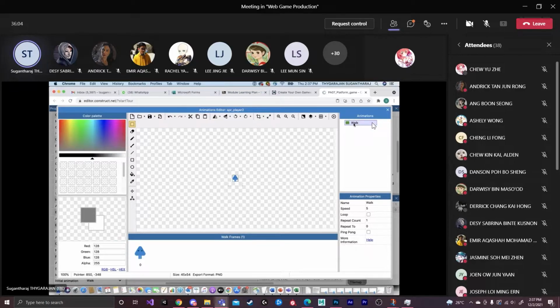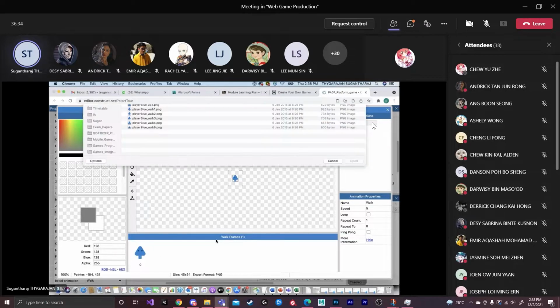Okay, when I change this one to walk, automatically the frame name is also changed. Now I right click here one more time, then you need to choose import frames from files. Under this section, you need to rename the animation first. Once you set the renaming, you come over here for the walk frames. You right click, import frames, then you choose from files.